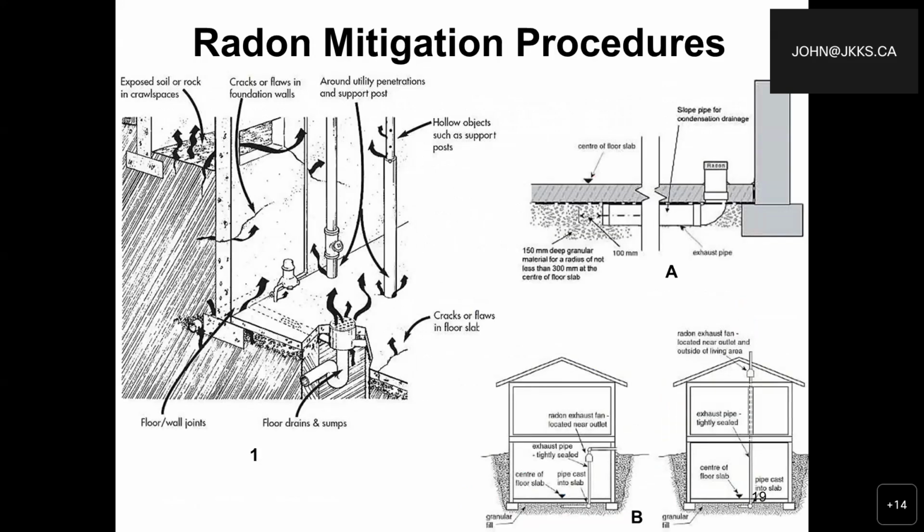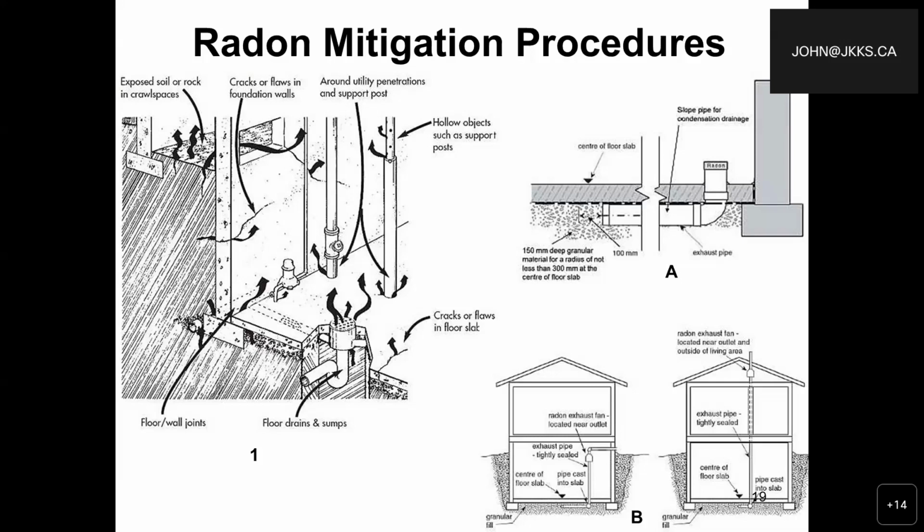Again, a few more details to follow up on it. We can see here an older illustration, floor-wall joint cracks along the connection between the footing, the floor slab, and the foundation wall. Any cracks or crevices, like John was mentioning, perhaps around a sump pit or any other drain that might exist. And there are obvious other areas where it could get in. So it would need a good review to take a look at where all these little cracks and flaws,